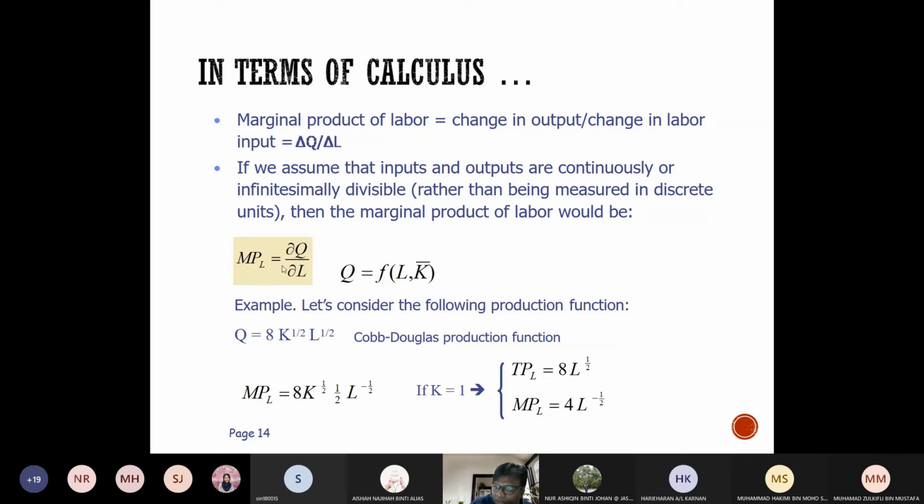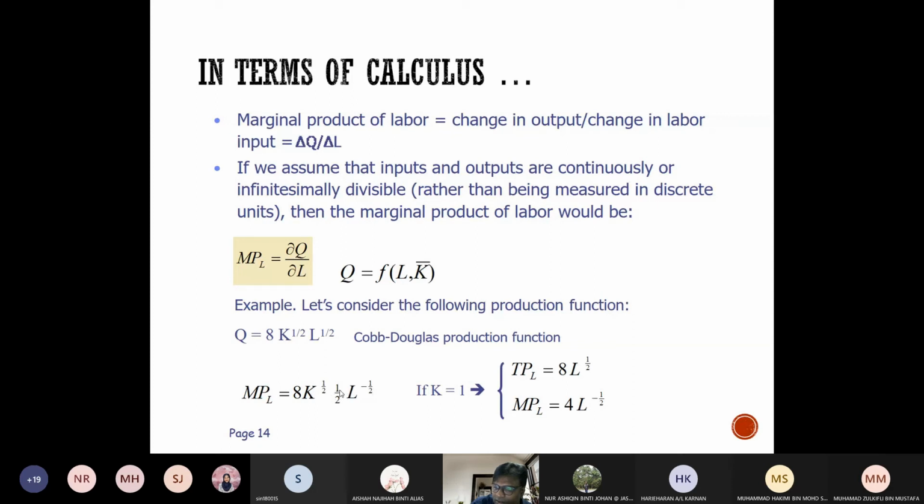Look at the formula. The formula is a partial derivative, so you only need to look at the L. This L is subject to differentiation. Don't differentiate the Q, or the K. Whatever is at the bottom has to be differentiated. Even though the Q function has L and K, for the marginal product they want to differentiate only the L. So the MP is equal to 8 K to the power of 1 over 2 times